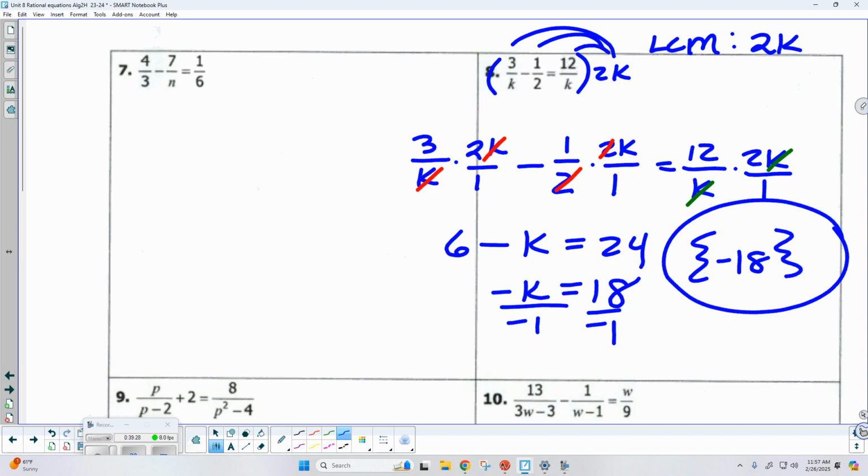Okay. How are we doing? Rational equations. Fantastic. All right. We'll finish this